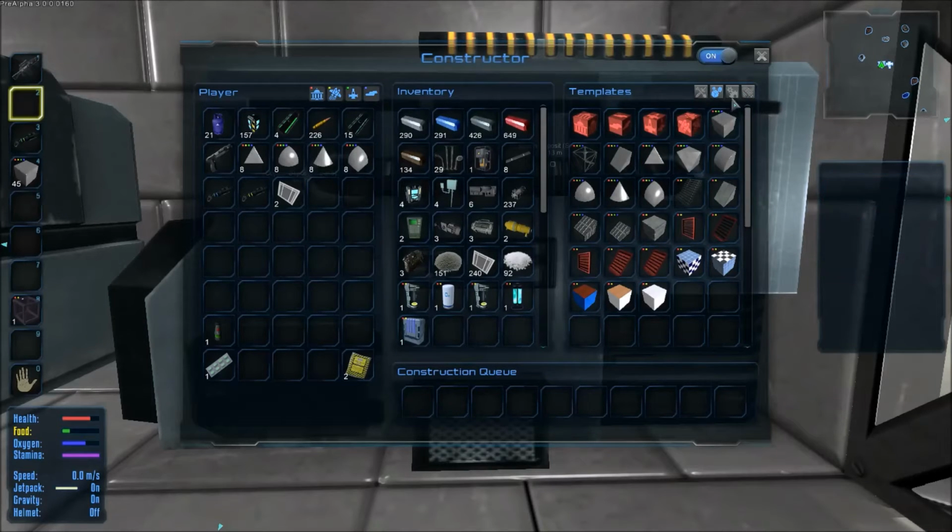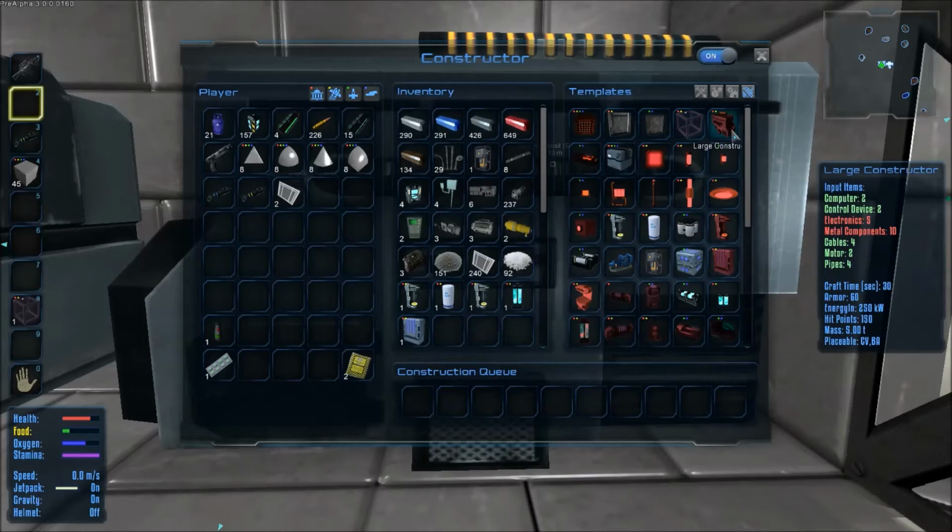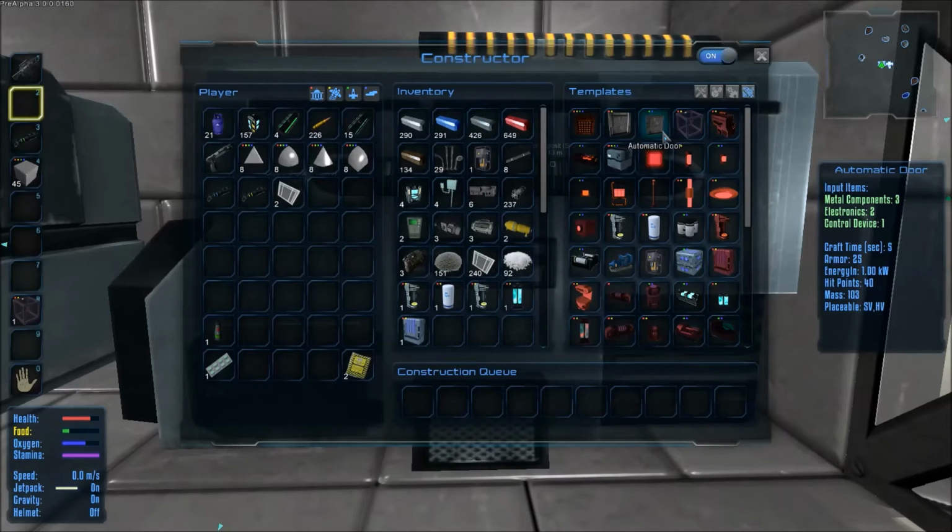Now it is interesting that they added an automatic door you can put on your surface vehicle. And boy, how big of a surface vehicle are you gonna have to make to put something like that on, though? And your HV, versus these are for the bases. Interesting. I haven't seen HV yet. Okay. Anyways,